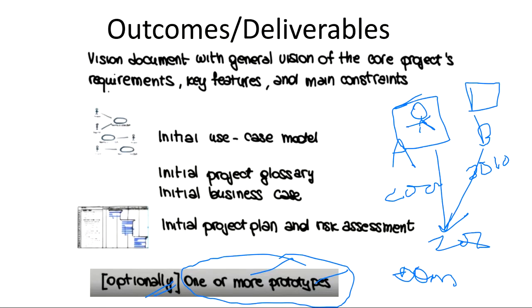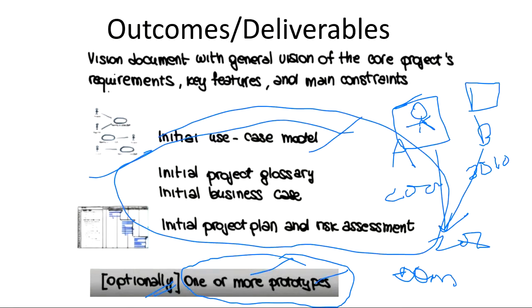But these things are mandatory in an inception phase. The same things are mandatory in the requirement analysis of any SDLC model. If someone asks you what happens in the requirement analysis phase of an SDLC or any model, you can write these things again there, because everywhere this thing only is done. All these things come under the SRS document. When I say SDLC explicitly, I will say the SRS document is created. But what is inside an SRS document? All these things are there. You will write the use cases, the dictionary meanings, business cases, everything in the SRS document.